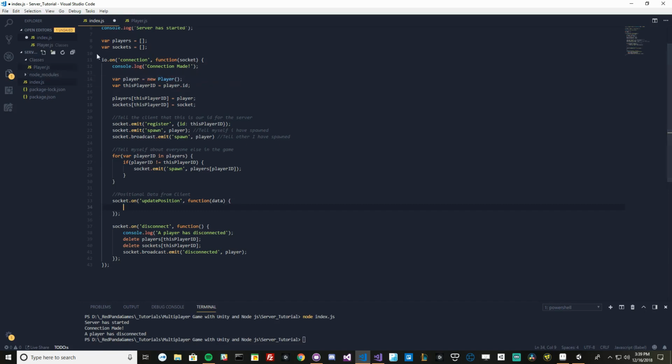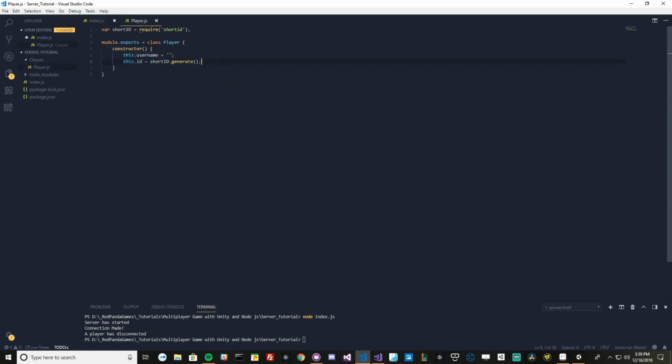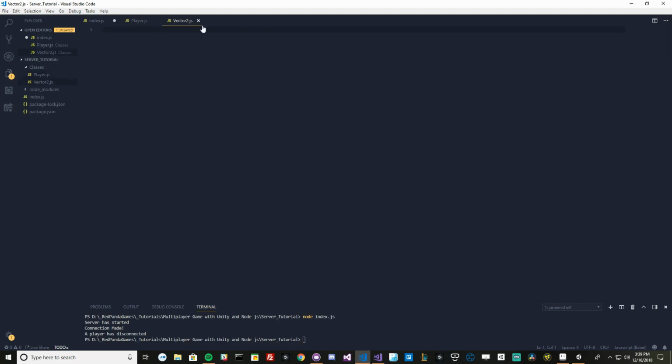In order to do that, our player object needs to store a position. And in order to store a position, we need to actually make a vector2 class. So if you head over to your classes and right click on classes and click new file, I'm going to type in vector2.js. That's going to open there. Now we're going to make another module export. We're going to say module.exports is equal to class